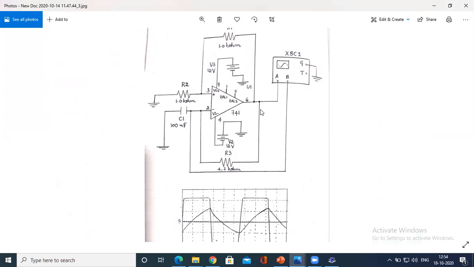So let me explain clearly. You remember these values: the value of R1 is connected between 3 and 6, the value of R2 is connected from pin number 3 to the ground, and the calculated value of the resistor R, which we have named R3, 4.7 kilo ohm, is in between 2 and 6. Okay, the circuit diagram is too easy. Even in the simulation it is easy, even practically when you do it in the lab it is easy.